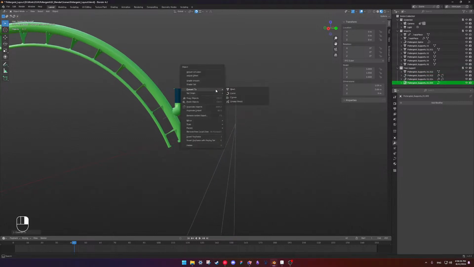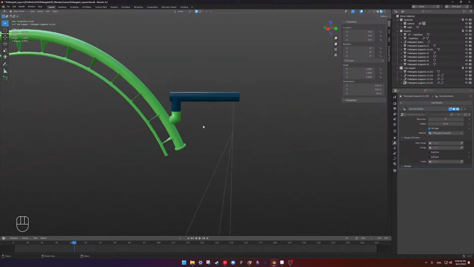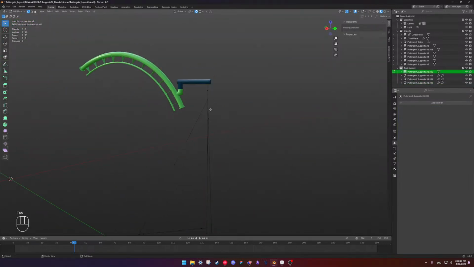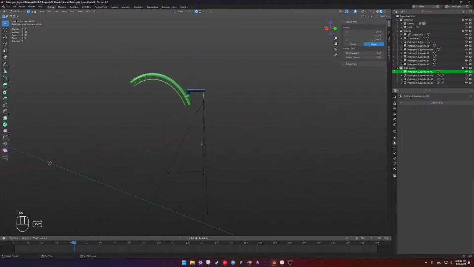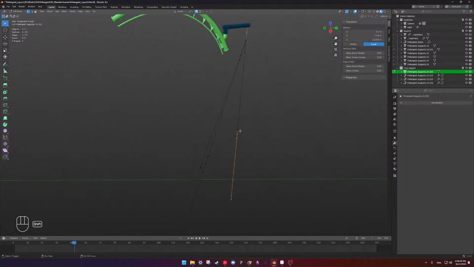Convert to curve. Copy to selected, except this one's going to be filled caps. Oh, not that.